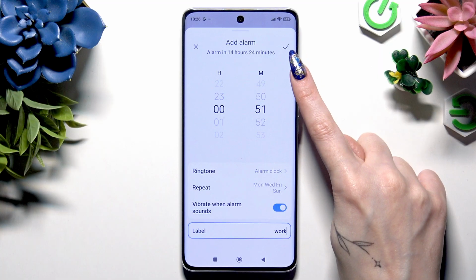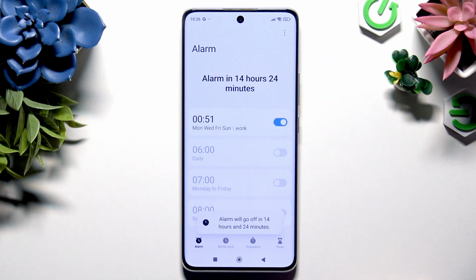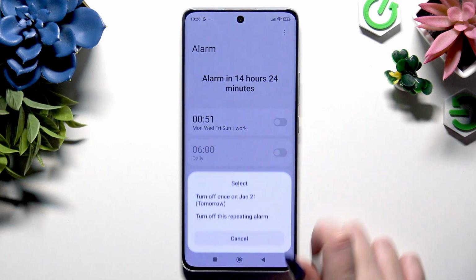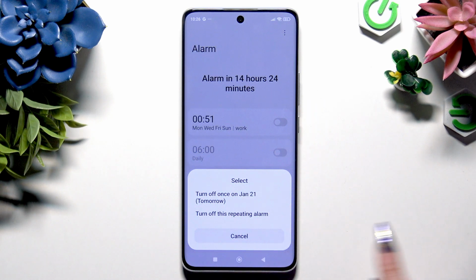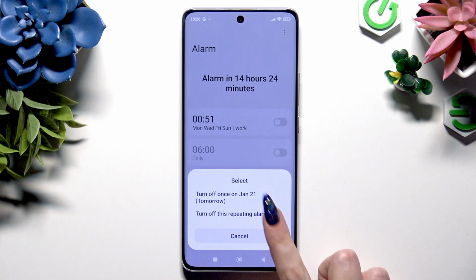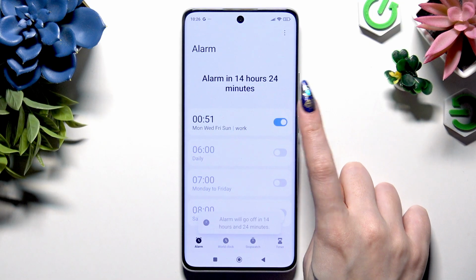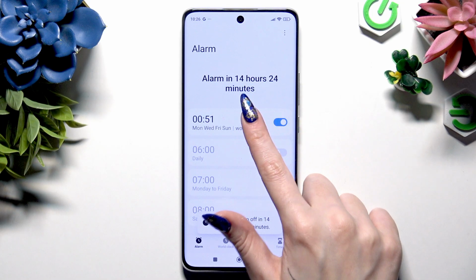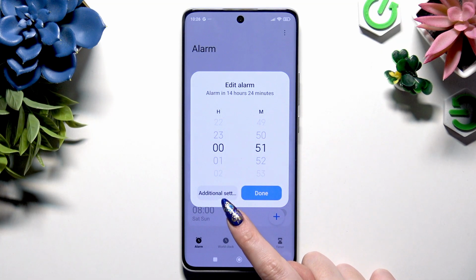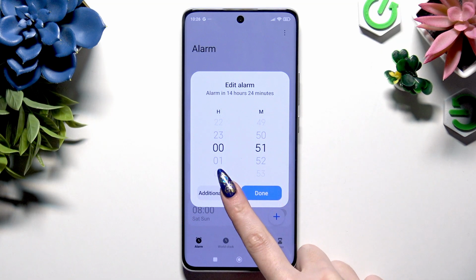at the top right corner. As you can see, my alarm was successfully added. To turn it on or switch it off, use this switcher right next to it and pick one of those options in the pop-up. To make any changes to it, click on it, tap on Additional Settings in the pop-up